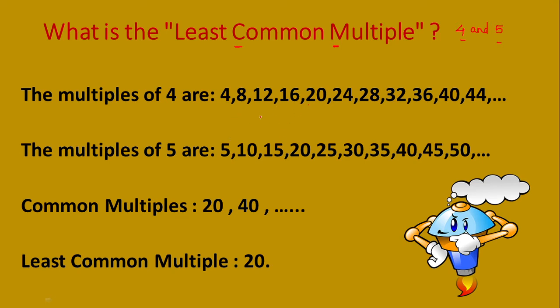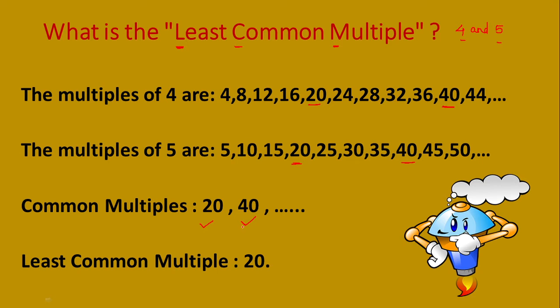See here, the first number which you are getting common is 20. Write the 20 here. See, before that no number is matching. Then go ahead. Next you will be getting 40. So if you continue writing the table, you may get many more common multiples. But firstly, after writing the common multiples, come to the next term. It is least. Least means what, children? Least means smallest. You have to find the smallest.